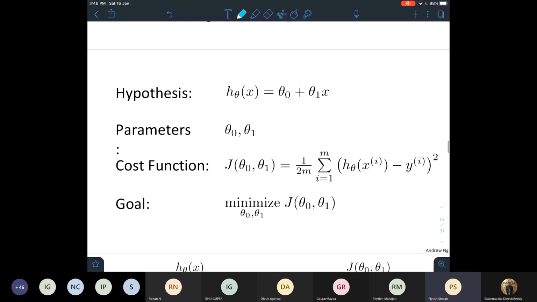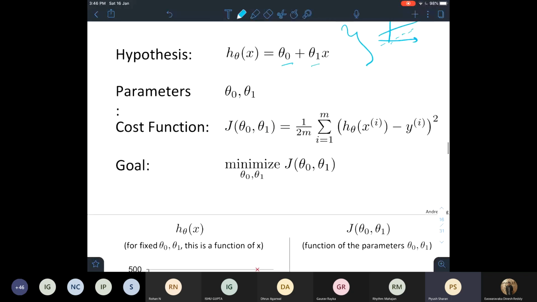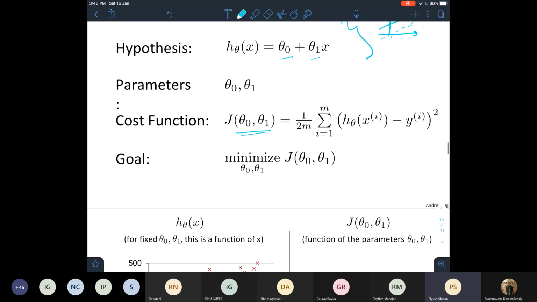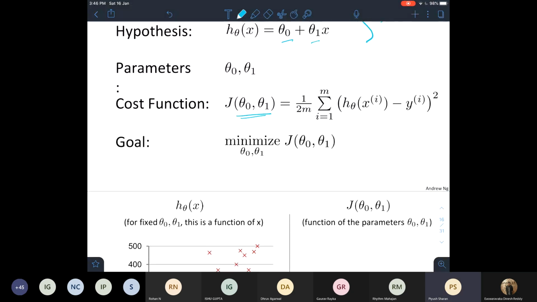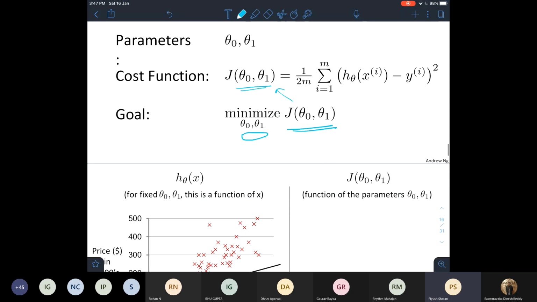So now we come back to our original problem, which was a general line passing through a plane and not just through the origin, right? So we come back to 2 parameters, theta naught and theta 1. The question, however, remains exactly the same. Only replace theta 1 by these 2 variables, theta naught and theta 1. Now we have to find out 2 parameters, theta naught and theta 1, such that this loss is now minimized.